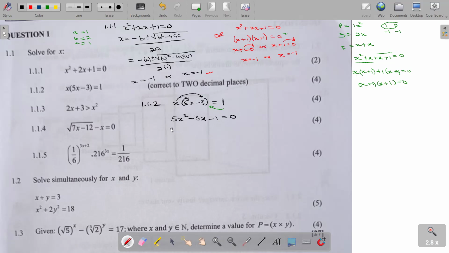Then from there, we have to take note, using the quadratic formula, A is the coefficient of x squared, B is the coefficient of x, and C is the constant. So take these, go and substitute them in the formula. If we are to substitute these, we are going to be left with,